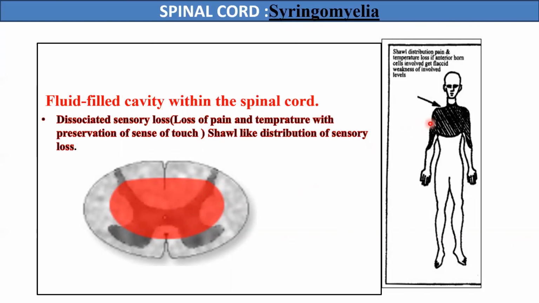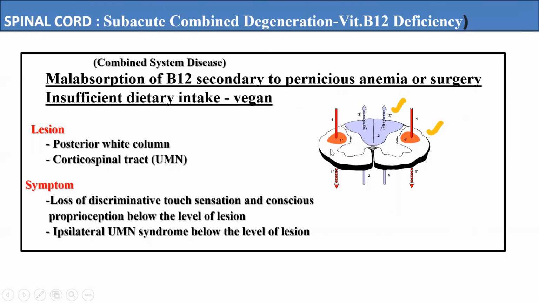And since it affects mostly the upper limb, there is a shawl-like distribution of the lesions in these patients. Moreover, posterior column sensations will be preserved in these patients. So this is said to be a dissociative type of sensory loss, with loss of pain and temperature with preservation of the sense of touch. Another degenerative disease in the spinal cord is subacute combined degeneration, which can occur due to